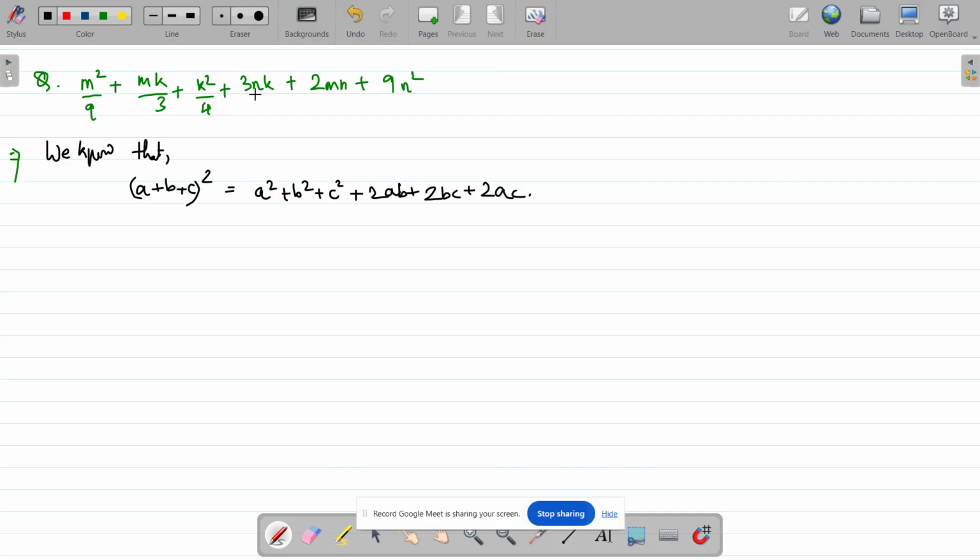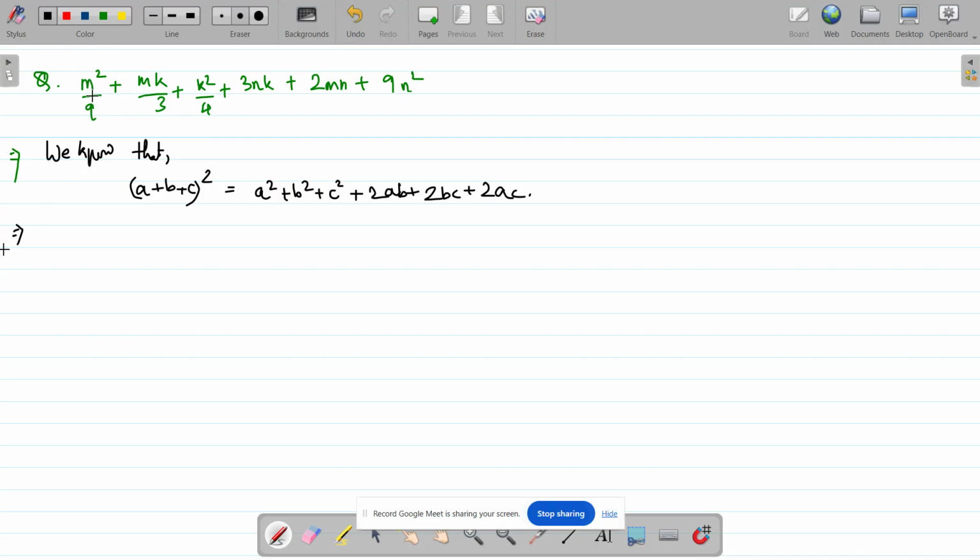Yes, we can write, but we need to check now. We need to find what is A, what is B, and what is C. Can you see from this? Can you find what is A, B, C? Tell me, what is the value of A, B, and C? Can you find the value of A, B, C from the whole term? Yes, so that's why we need to solve it, right?